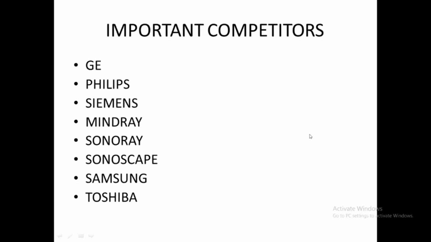You can work there also. For starters, if you are not able to reach an MNC, you can first work at a retailer company and then reach an MNC. If you start working at retailer companies, you will get more knowledge and more time to learn about the machines, and it will be easy. It will be like a key for you to get into an MNC.